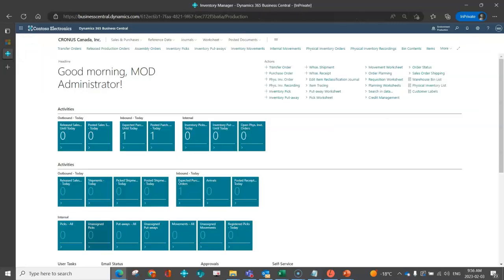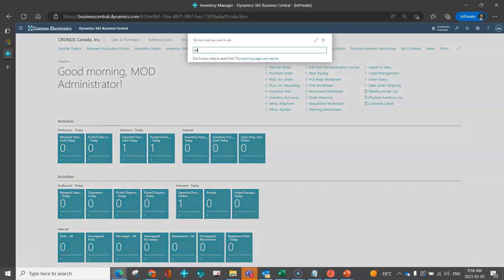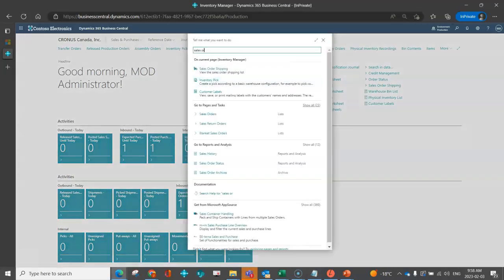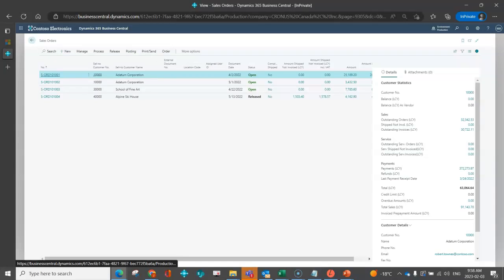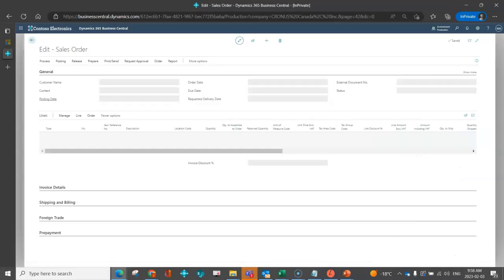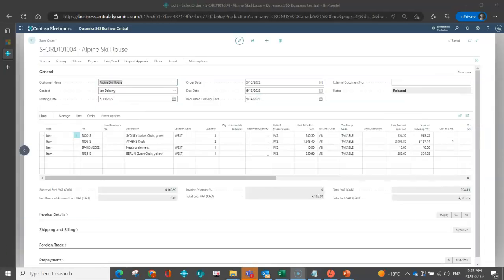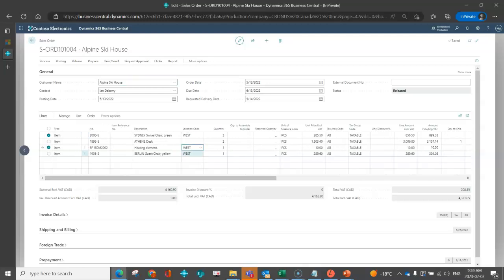And then we're going to jump into a sales order. So we will navigate to our sales orders, and I will drill into a sales order of my choice. Here I've set up the west location to require a warehouse shipment. So I've got this Alpine ski house. Maybe they're doing some work around their office, and I want to go ahead and ship just these 3 lines